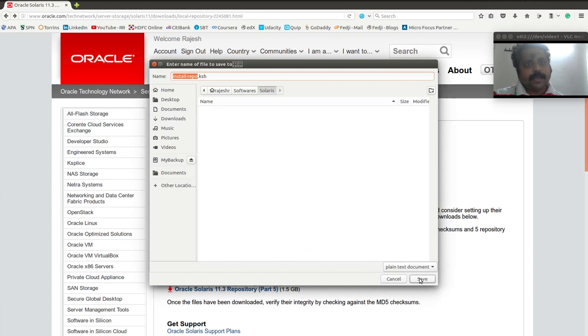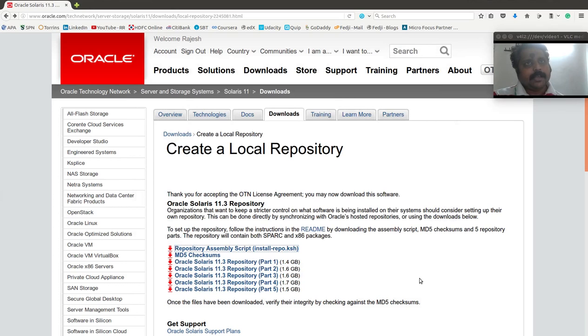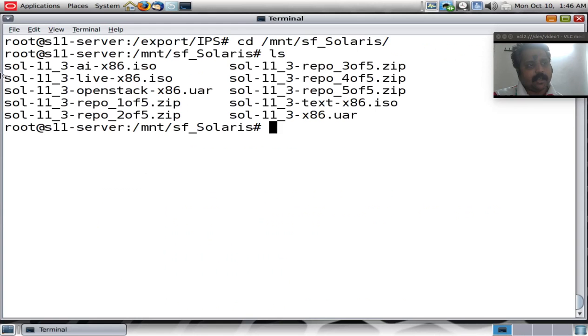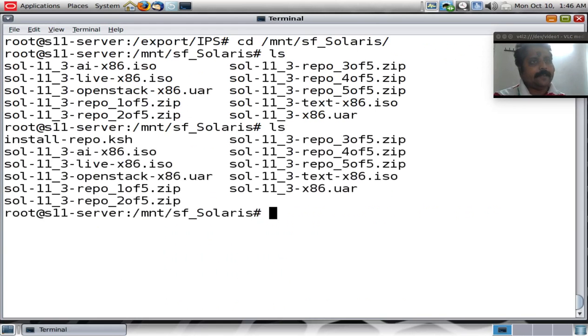So that's where I want to download install-repo.ksh. And since this directory is already shared, let's go and verify that the Korn shell script is now available under the directory where all the package files are located. Alright, so we have the script as well.